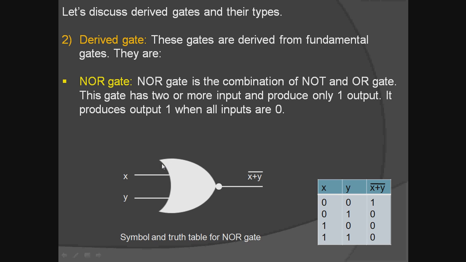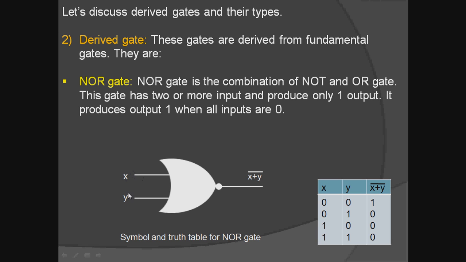As you can see, up till here this is an OR gate, but when you put this circle in front of that OR gate symbol, this represents the NOT gate. So whenever you have this small circle in front of the symbol, remember that this is the symbol of the NOT gate. The NOT gate means that when you input the values for x and y,